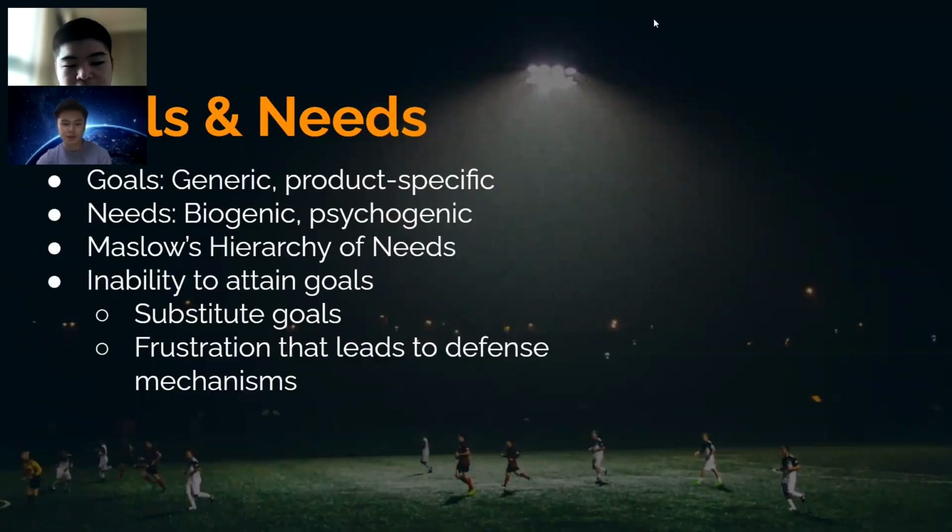Okay, so my name is Edward, and I'll be discussing chapter 4, which is consumer perception and positioning. So perception, what is perception? It is the process by which individuals select, organize, and interpret information into a meaningful and coherent picture of the world. It can be described as how we see the world around us.